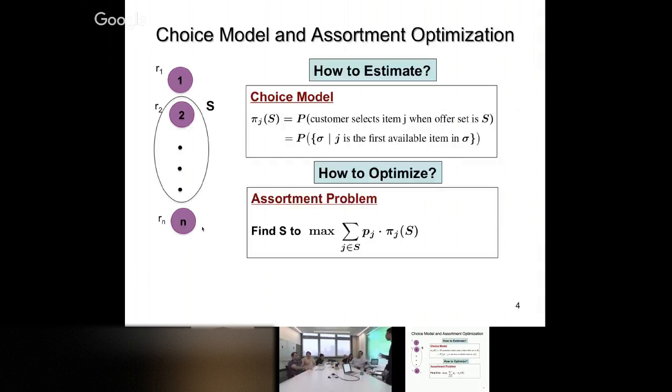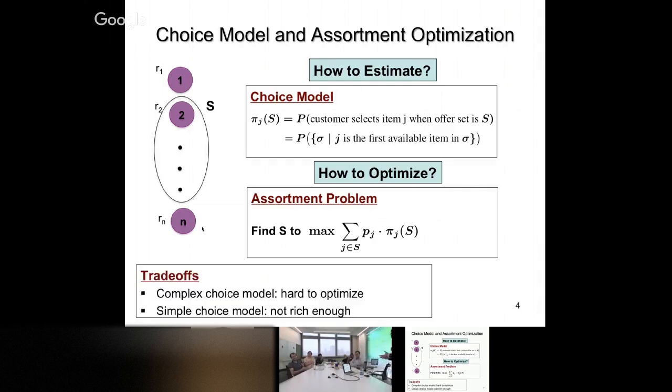So the two fundamental questions in this area are how to estimate a choice model, and then for that model, how to solve the decision problem, that is the assortment problem. And estimating a choice model becomes particularly difficult because you don't observe the rankings of the users. You only observe their selections. You offer a subset of options, you observe the selections, not their rankings. So choosing what model to estimate, model selection, becomes a